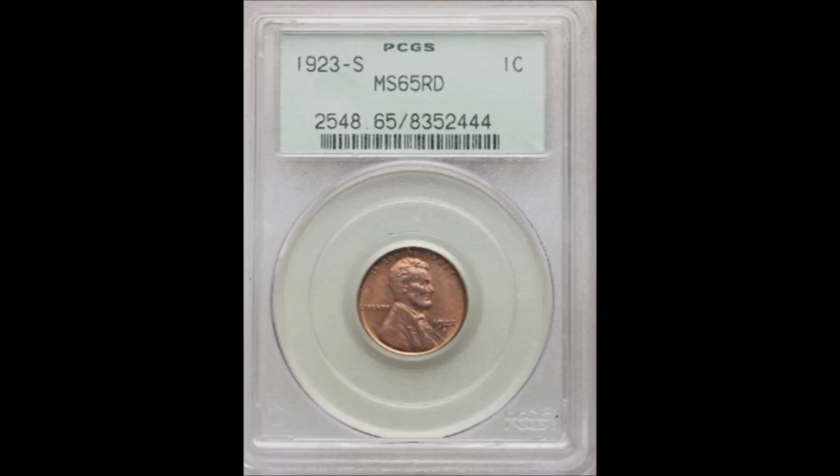If that wasn't the worst part about it, these coins again circulated en masse. Okay, very few of them were ever preserved at the highest level. Okay, that just didn't exist during the 20s because of the Great Depression. People needed the money to spend. So, that was kind of what was happening here. But this 65 red sold for